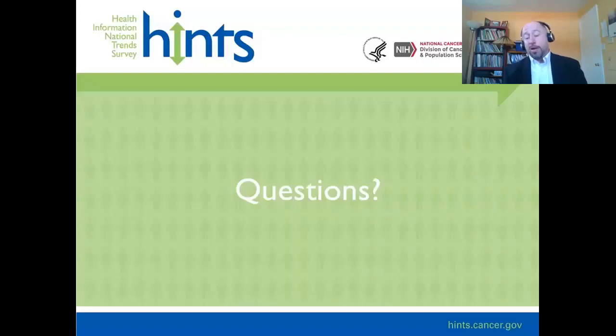There are certain items that are found in every HINTS iteration, maybe a small number of them. If you go to the HINTS website and look at our electronic codebook, you can very easily find out which HINTS items are found on multiple iterations. All right, I am going to stop there.